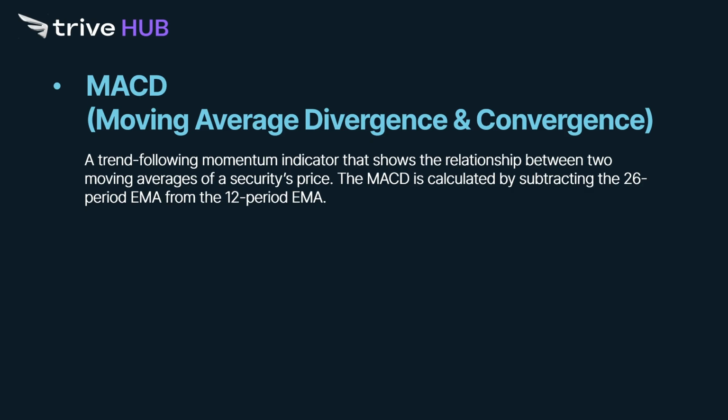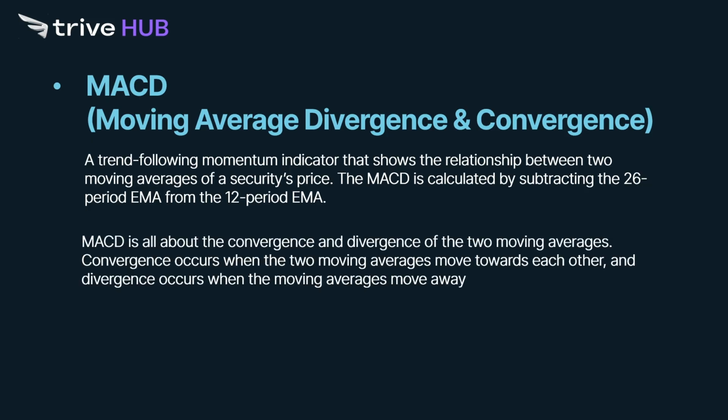MACD is the difference between two moving averages, showing the relationship between two moving averages of a security's price. The MACD is calculated by subtracting the 26 period EMA from the 12 period EMA. I'll show you it on the chart. MACD is all about convergence and divergence of two moving averages. Convergence occurs when two moving averages move towards each other, and divergence occurs when two moving averages move away from